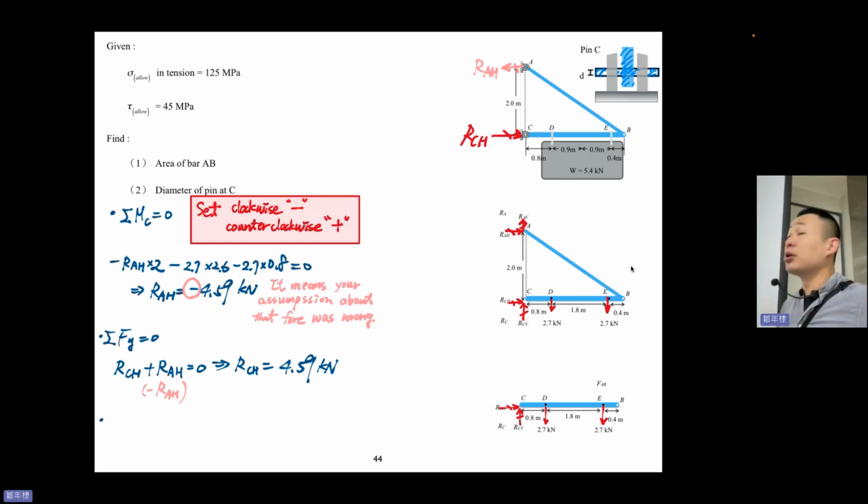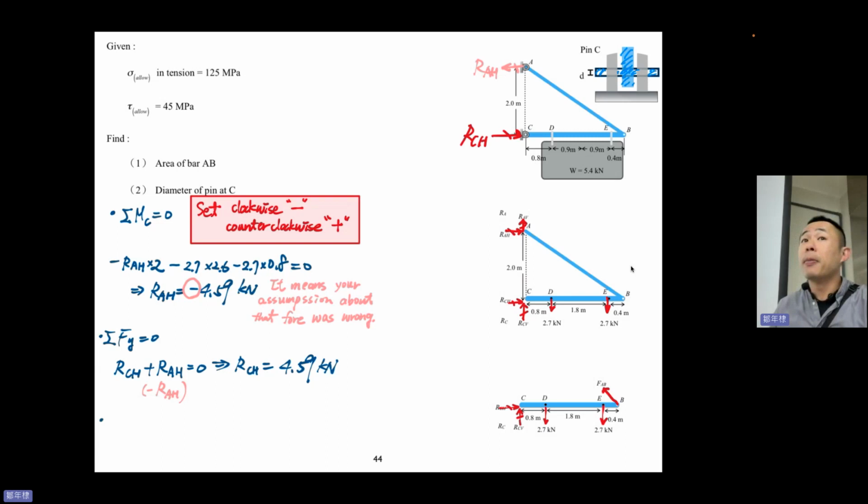And the most important thing is that if you cut it, you must have some force on your AB member. The AB bar must have some force acting on the point B, right? But we don't know how large it is. We don't know yet, but we are sure it is along this direction. Why? This is called